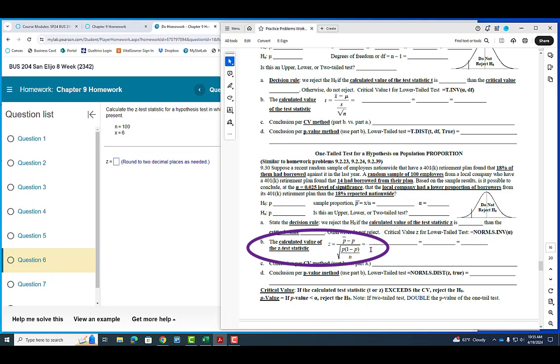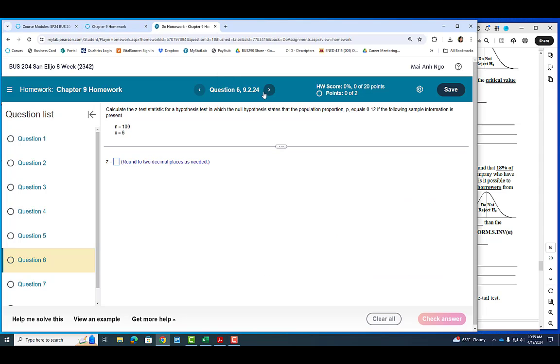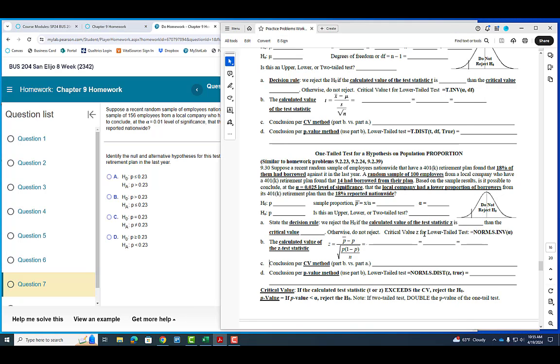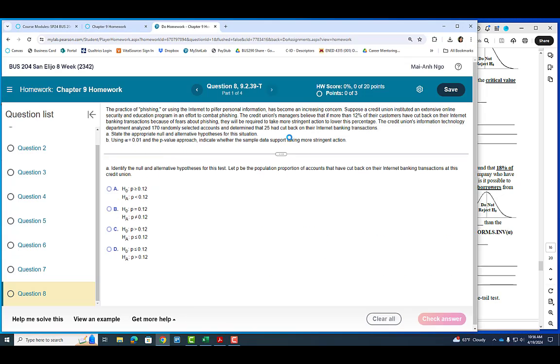our z-test statistic. So problem number 30, that is the same one from the lecture video, same process, slightly different numbers. So you can follow this on the worksheet and from the video to do this particular problem here. Just change out the numbers. And then last but not least, we've got one more proportions problem that you'll do, again, very similar to the